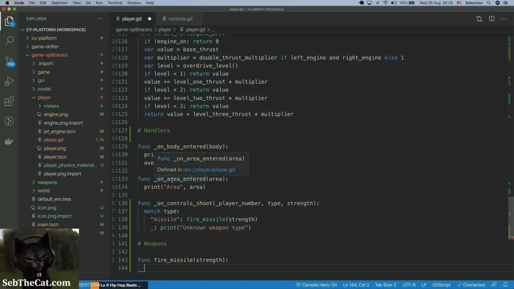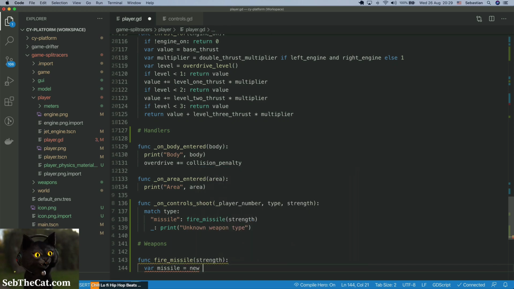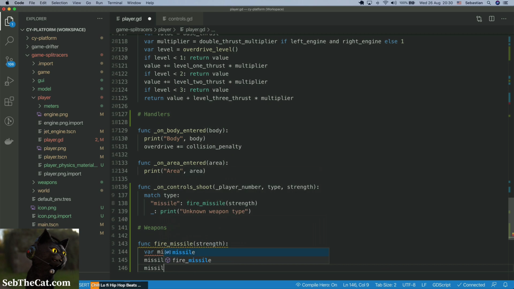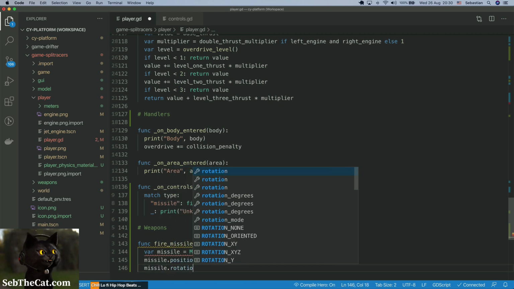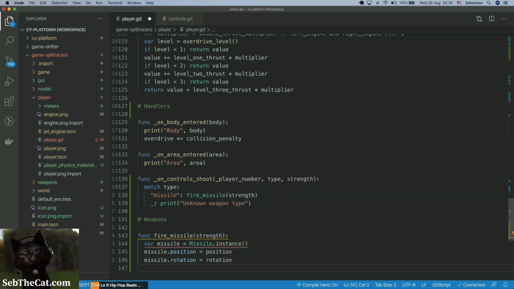We're just going to say var missile is equal to a missile instance, right? And then we're going to say the missile dot position is equal to our position, and the missile dot rotation is equal to our rotation. And then we can say get parent add child missile,